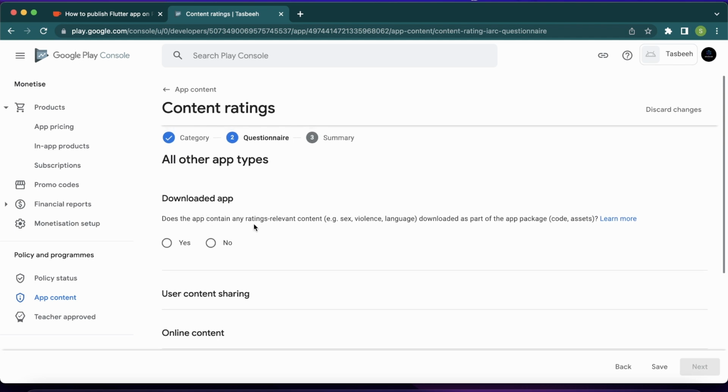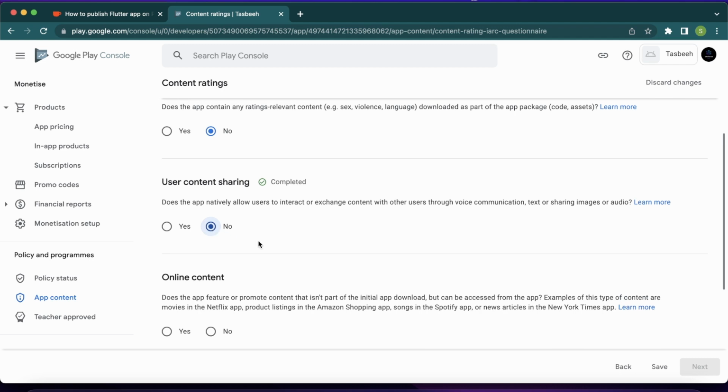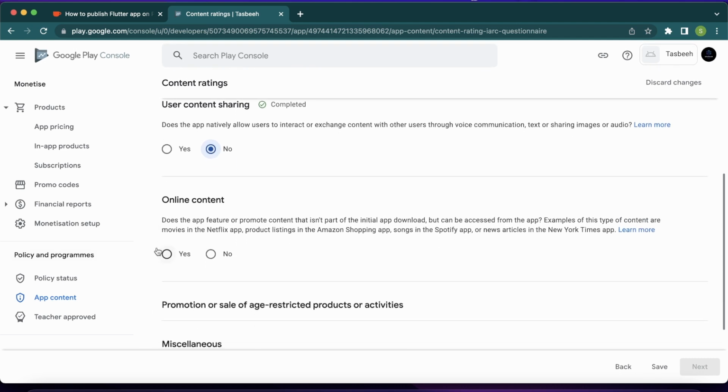Now, does the app contain any ratings relevant content, like profanity, violence, language, and things like that? No, it does not have anything like that. User content sharing. Does the app natively allow users to interact or exchange content with other users? No, it's not actually doing that. Users are not sharing their data with each other or saving their data in an external